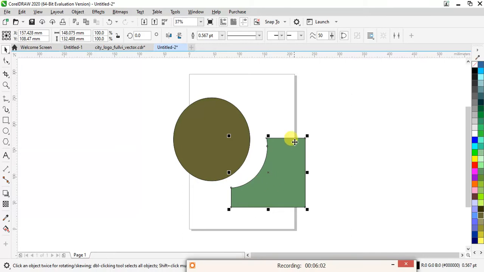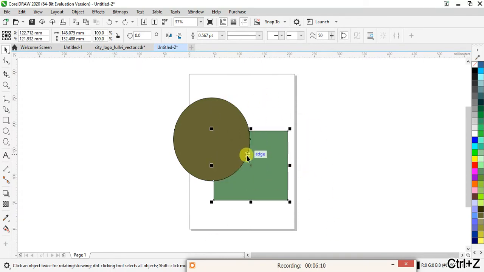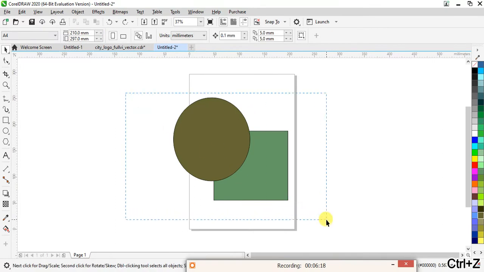Okay, now suppose I want an object of this shape, so I will trim it this way, because I won't get this precise shape if I do this using the pen tool, maybe if I am not good with the pen tool. So while doing that, I can use the trim option also. Now undoing it.